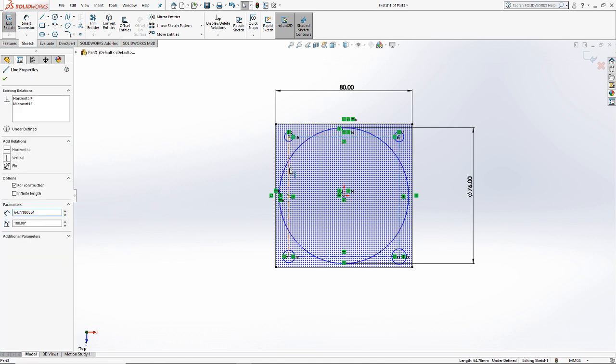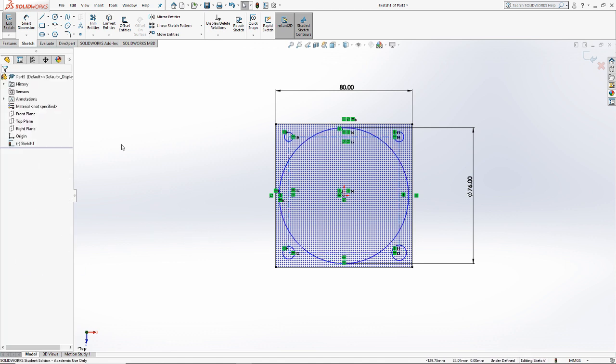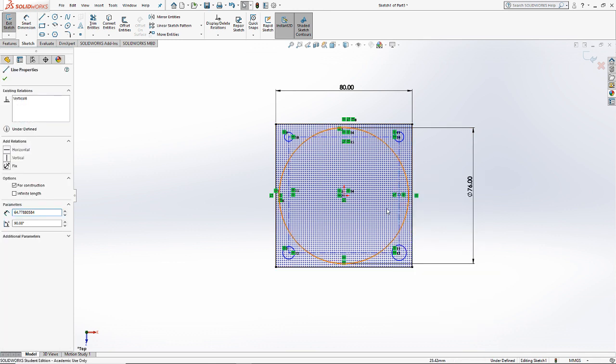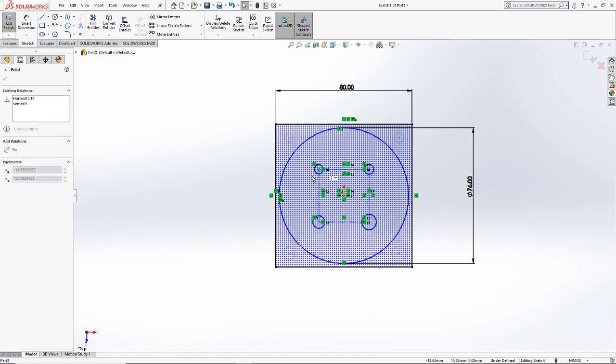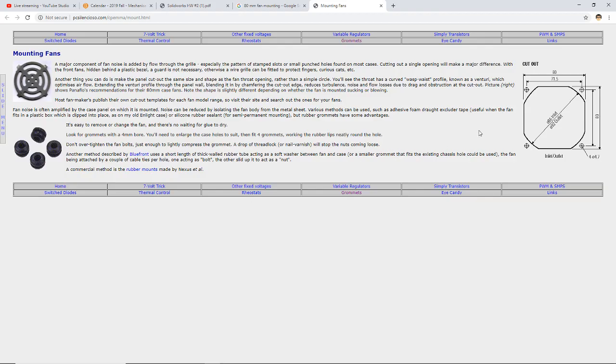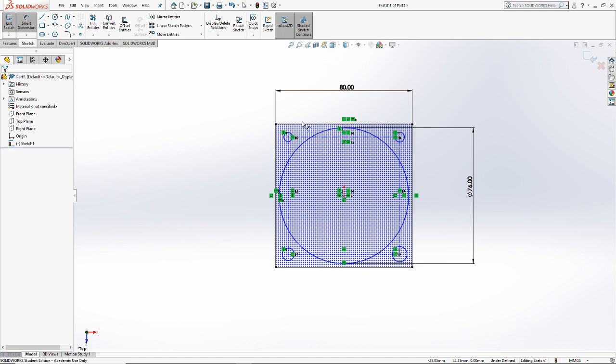I could also apply an equal relationship between those two construction lines. And if I do the same midpoint relation with the origin on the side, now I've got mounting holes that can be resized, and they're always going to be centered. So if I go back into my specs, that's 71.5 millimeters across,